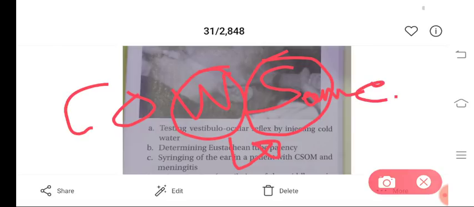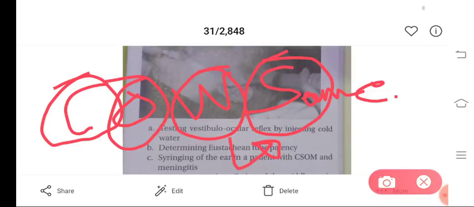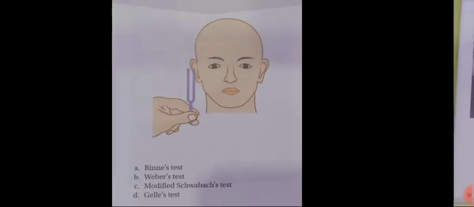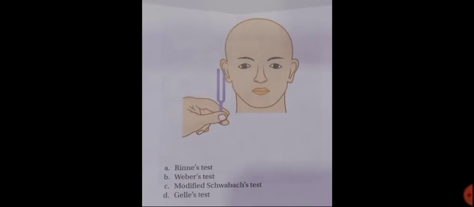And when you irrigate with cold, opposite happens, the endolymph falls within the semicircular canal, decreasing the rate of firing, and the eye moves towards the ipsilateral ear, and the nystagmus will be towards opposite ear. So just remember this for the nystagmus, COWS, and you will get the answer if they ask you an advanced question. Now it is a relatively simple, identify the clinical test shown in the figure.